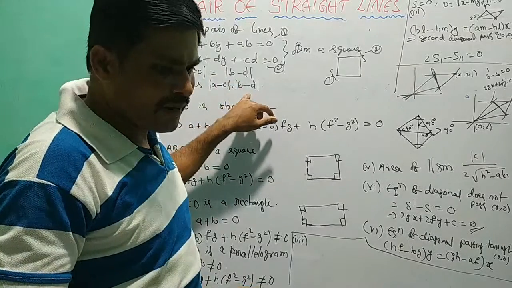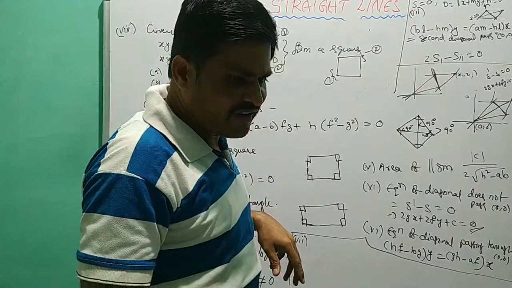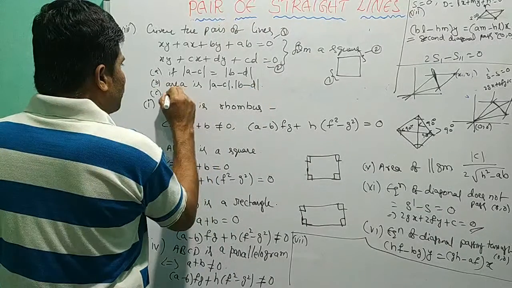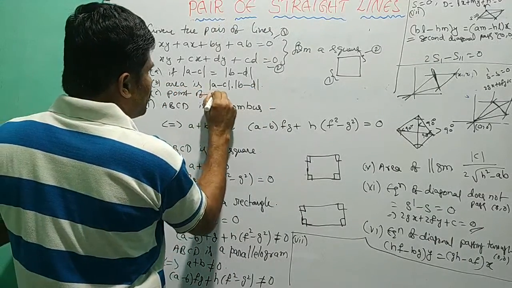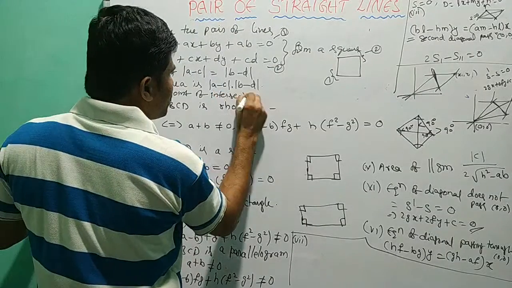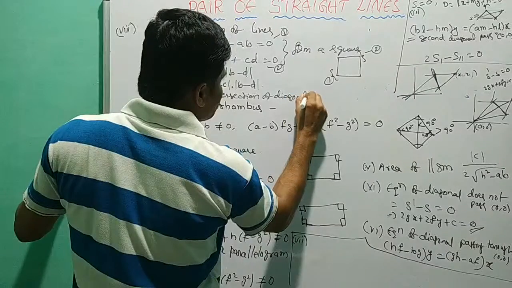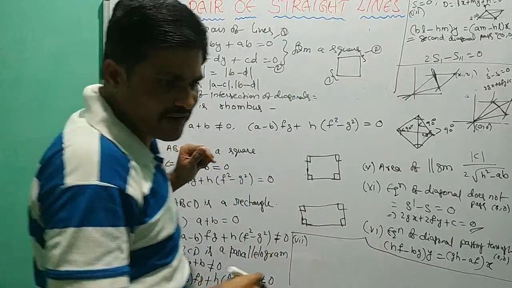And the point of intersection of diagonals equals